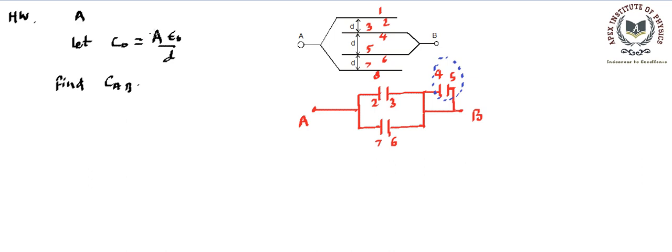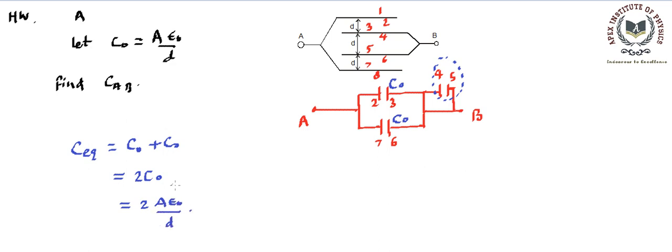And if we scrap this, we are going to find only these two capacitors. Since C naught is the capacitance A epsilon naught by D, plates 2 and 3 are at D separation, and 6 and 7 are also at D separation. So this is going to be C naught capacitance, and this is also going to be C naught capacitance. So can we say the equivalent capacitance between these two points A and B is going to be due to the parallel combination of these two capacitors. And in case of parallel, we know we add up, like C1 plus C2, so it's going to be C naught plus C naught. So that will be equal to twice C naught, which we can say in terms of the given quantities as twice A epsilon naught divided by D.